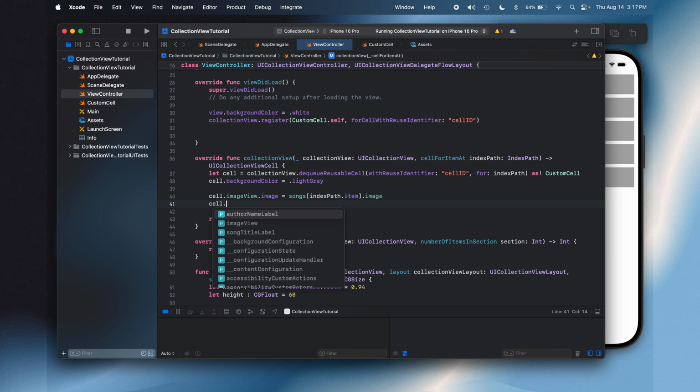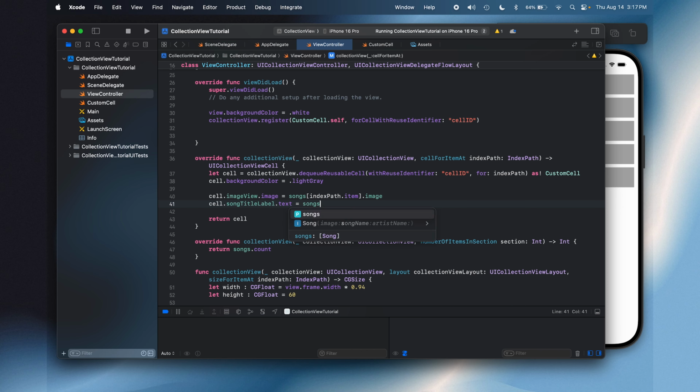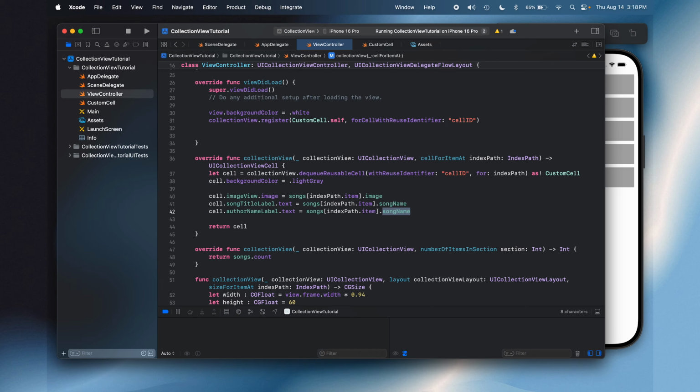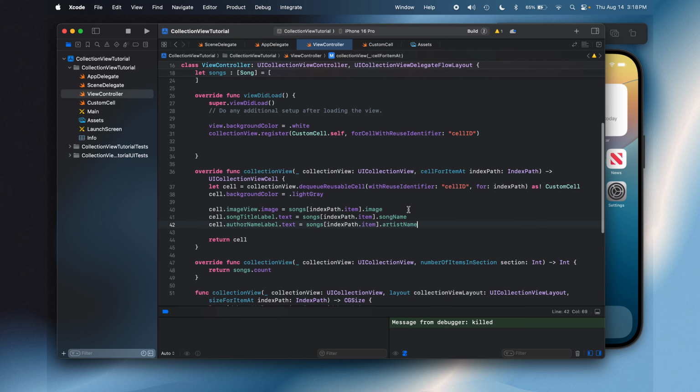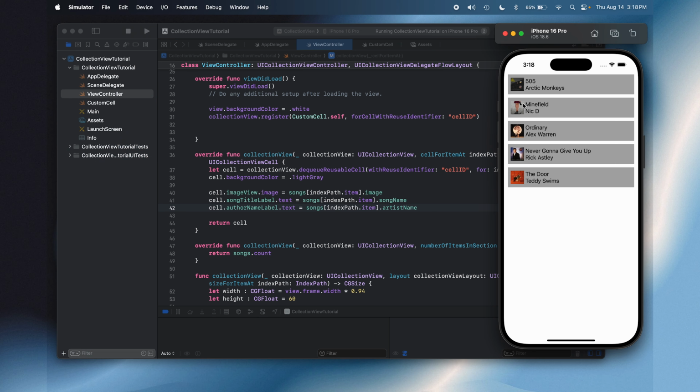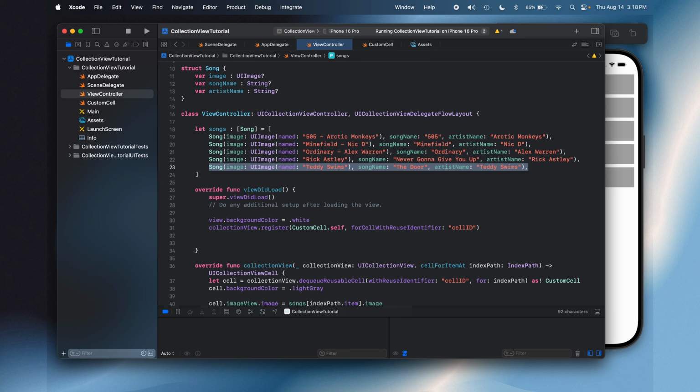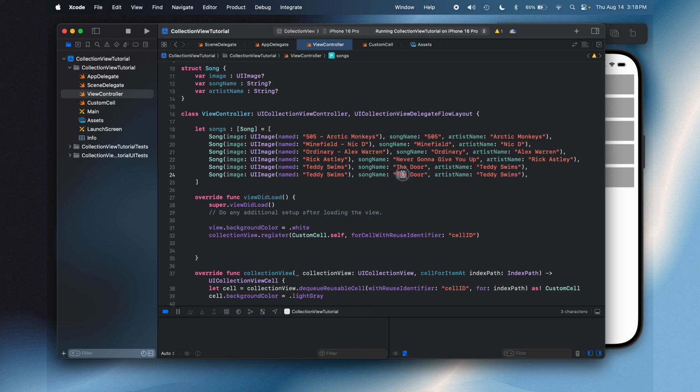Now let's do the same for the song name and the artist name. We're going to say cell.songTitleLabel.text equals songs, indexPath.item.songName. And we're going to do the exact same thing for the artist name. There we go. And if we were to add another song to this array, let's say